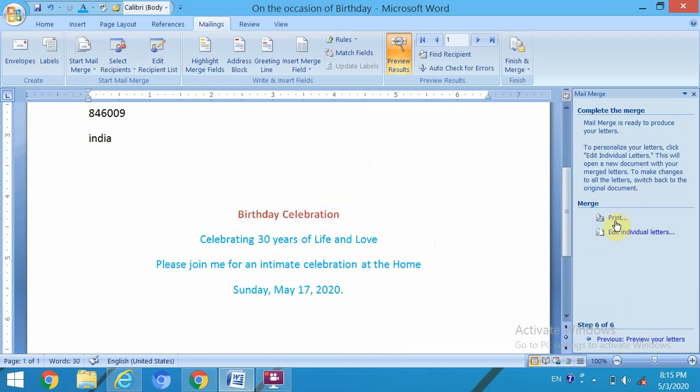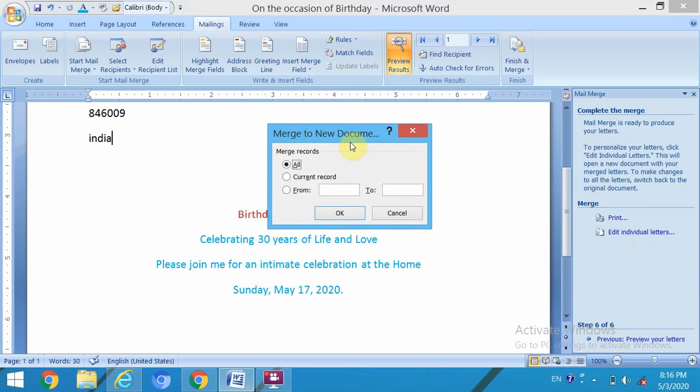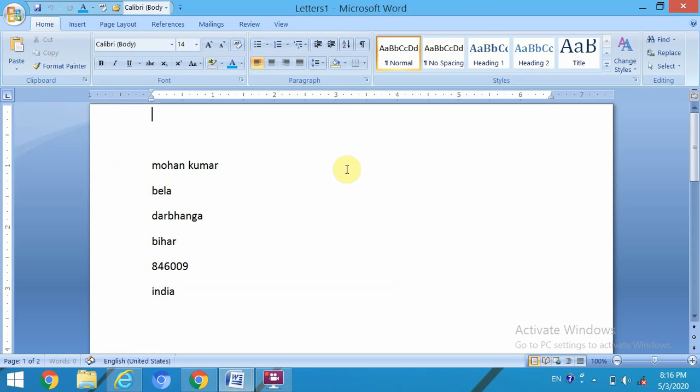After that, here two options displayed, print or edit individual. Click on edit individual letters. Here new options again displayed, all are current. You can select if you want to send only 2 or 3. If you want to send all, then click on all buttons. After that, click OK. It will create 5 documents.